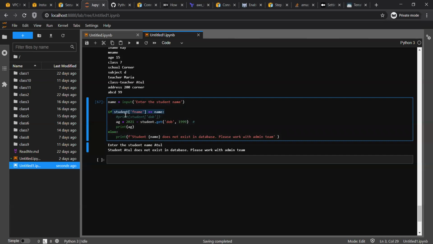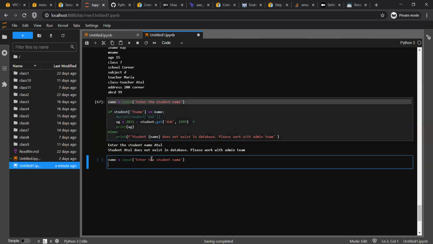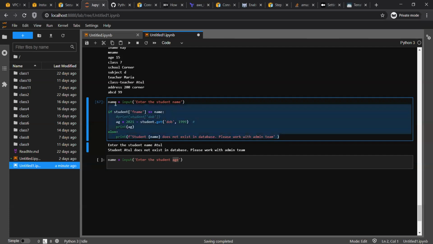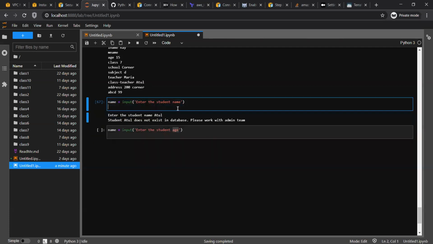So any time a user is trying to interact with the system, the program should handle all kinds of data. That's our responsibility, to code that way. So let's say I ask the same line, enter the student age. Okay, the same program, I'm going to write it a different way.